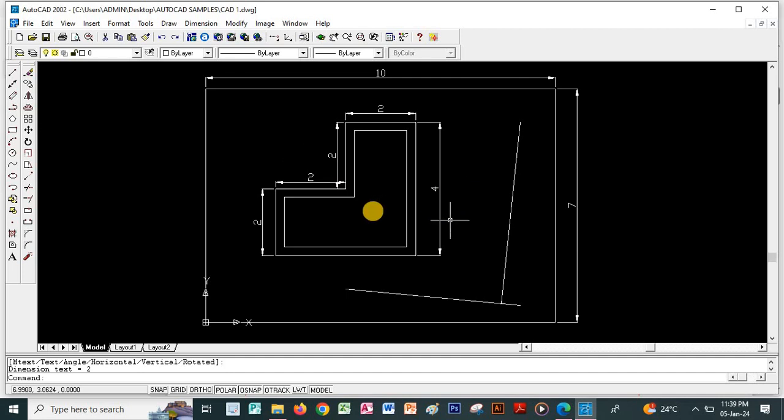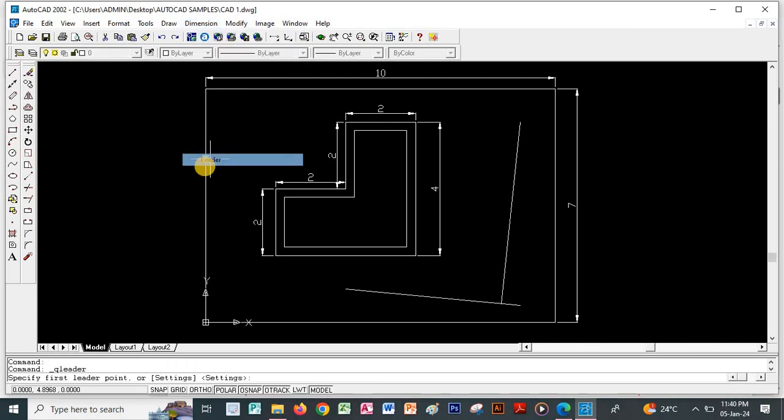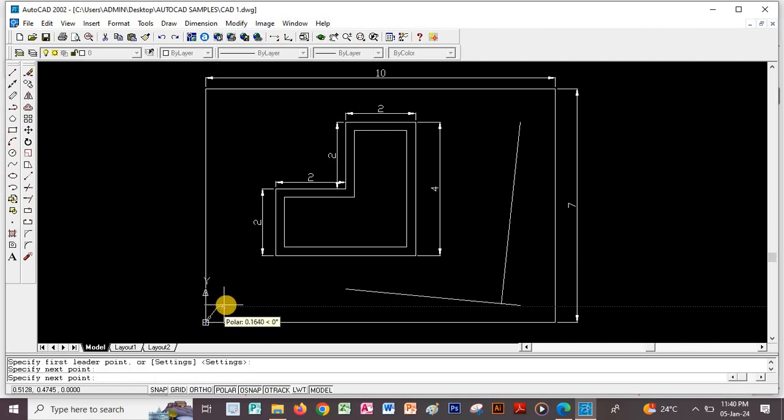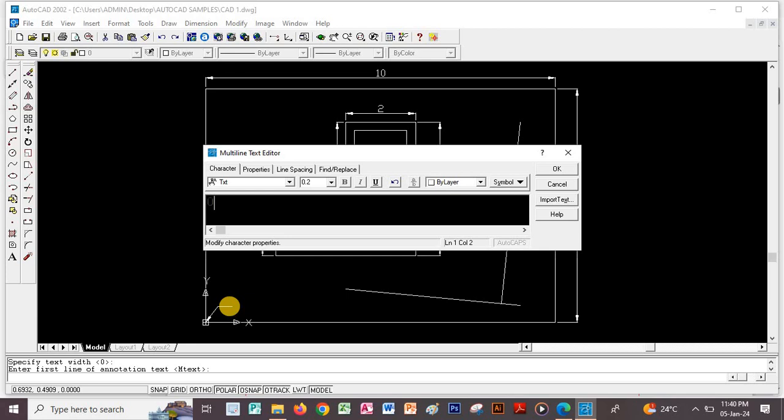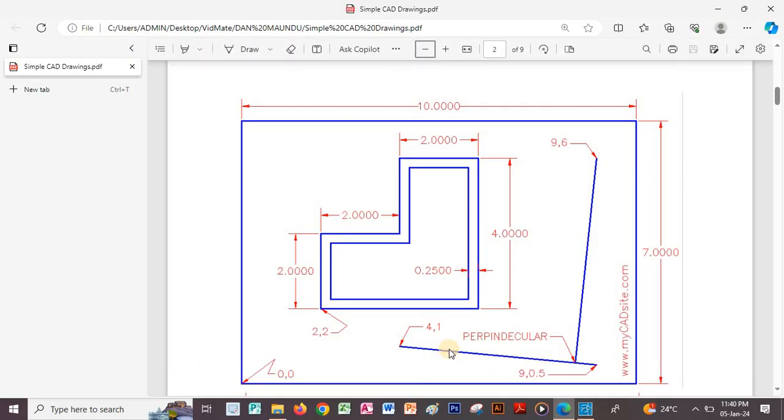After that I can go to dimension. We now use the Linda, so click the Linda. We can specify this point here, just click there, another straight line, click enter, you click enter again, then we say it's 0 by 0 and we press OK to specify those points. Then we also have this other point here which is 4 by 1,